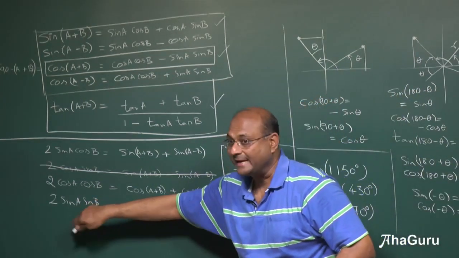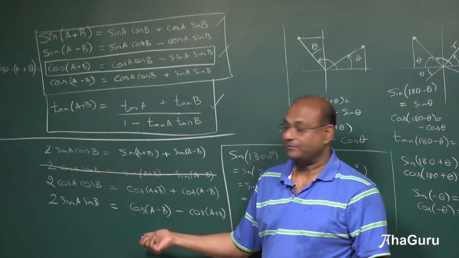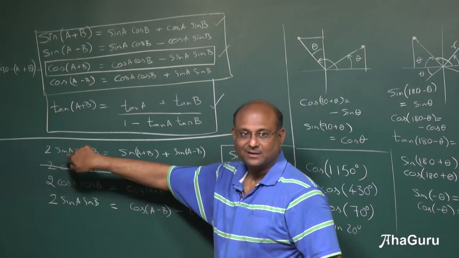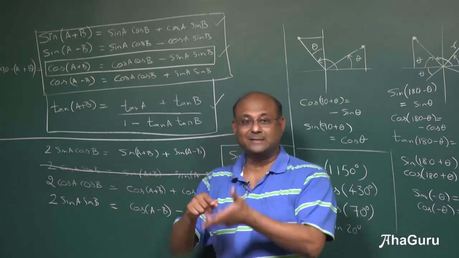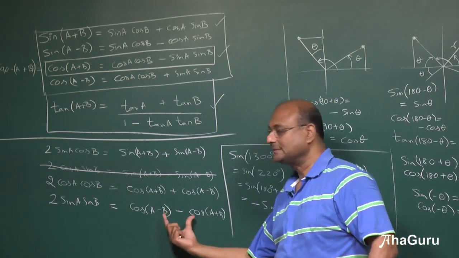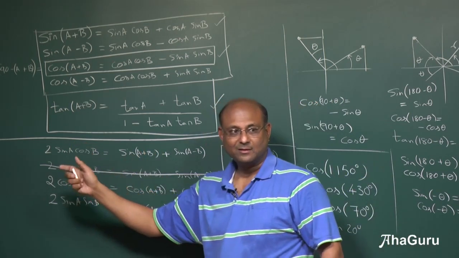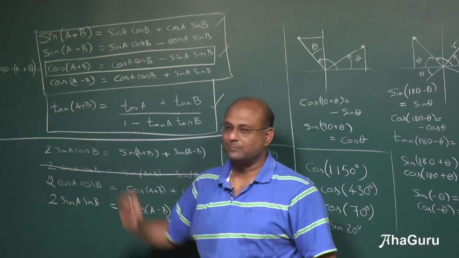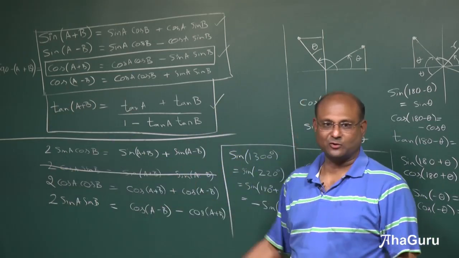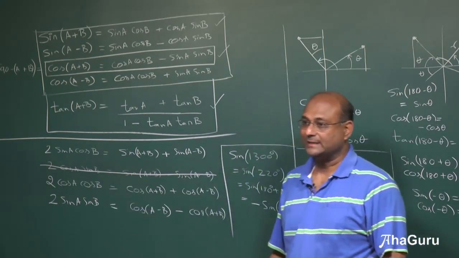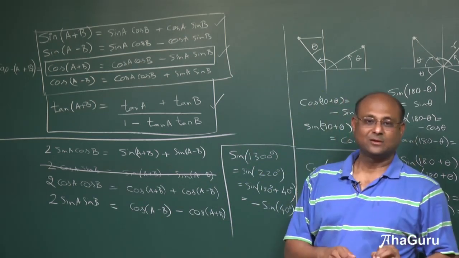Now, the fact that you flip A and B won't make any difference. That's why it is cos of A minus B. Cos of B minus A won't make any difference. Here it does make a difference. Whether it is sin A cos B or cos A sin B, the answers are different. But whether it is sin A sin B or sin B sin A, the same thing. So this remains the same. This does change when you change A and B. But formula wise, you can always take the sin and put it as the first one. So sin sum plus sin difference, cos sum plus cos difference for cos A cos B. But for 2 sin A sin B, it is cos difference minus cos sum.